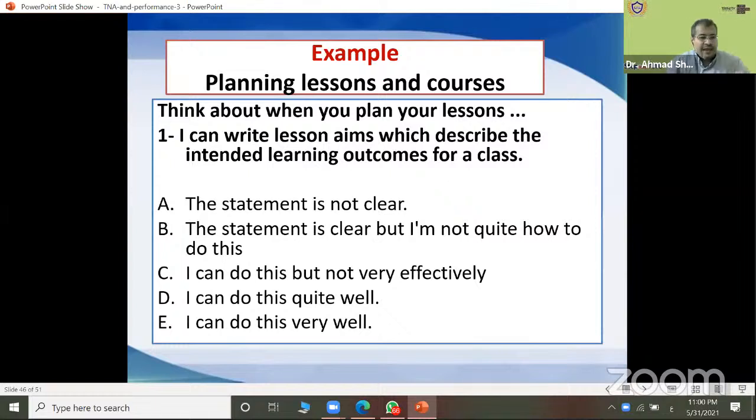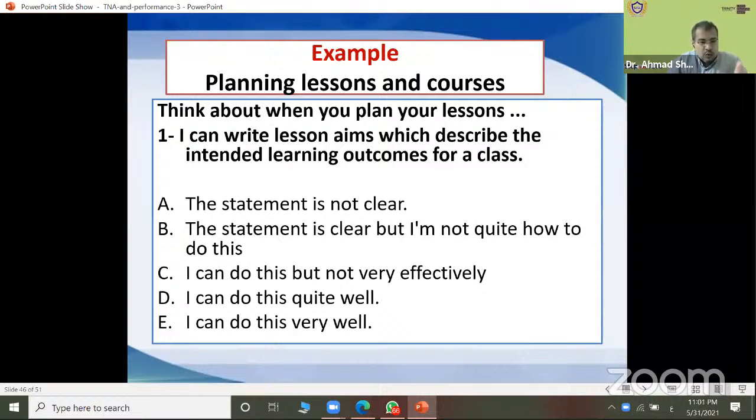This is an example for planning lessons and courses. Think about when you plan your lesson. I can write lesson aims which describe the intended learning outcomes for a class. This is the item. This is the skill. If you can't, the statement is not clear for you. The statement is clear, but I'm not quite sure how to do this, and this is a problem.